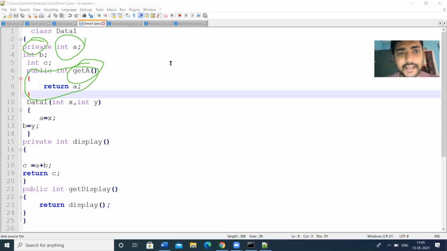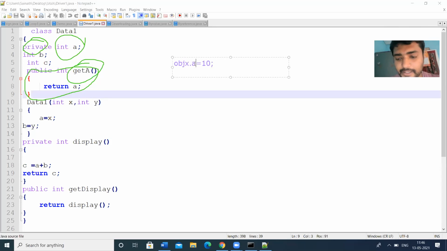if you want to access any class member, we need an object. Suppose that we have created an object objx. This variable A can generally be accessed as objx.a, or else objx.a = 10. Like that we can access that variable. But here A is declared as private, so we cannot directly access this variable. We have to access this variable through the public get method.